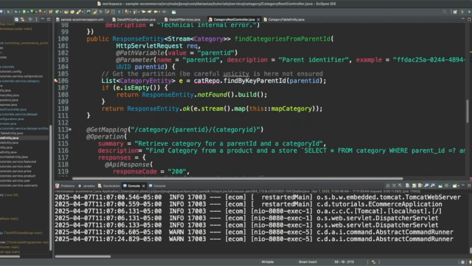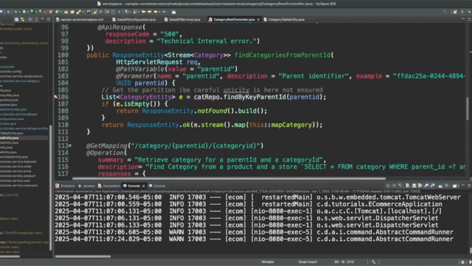Of course, we have some errors, but that's because a lot of what we've just done doesn't exist yet. So let's say list category table entity, and replace this with categories. We probably have to import that.